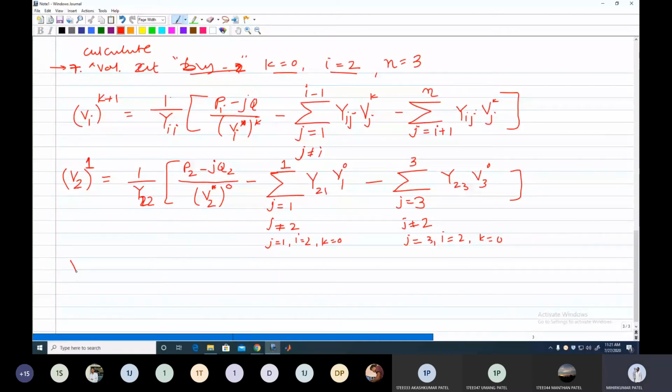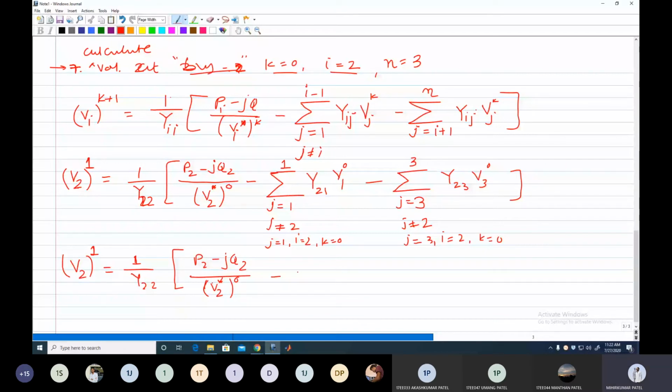V2 1, that means the voltage at bus number 2 at iteration number 1, is y22 into the bracket P2 minus JQ2 divided by V2 star 0, minus...